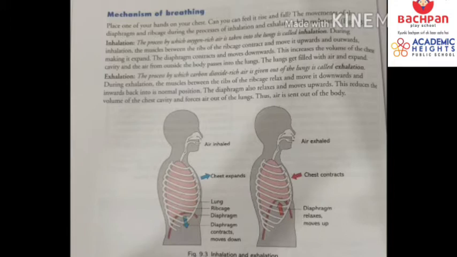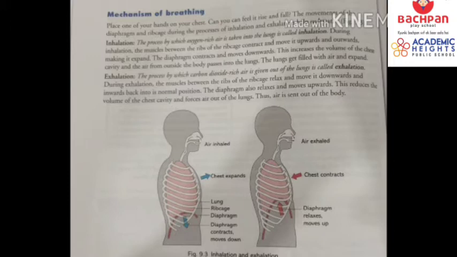As I told you before also, from the nasal cavity air reaches our lungs through our windpipe, and the lungs are present in the chest cavity. This cavity, you can see here, is surrounded by ribs on both the sides and a large muscular sheet which is known as the diaphragm. It forms the floor of the chest. Is it clear? So, the movement of the diaphragm and the rib cage during the process of inhalation and exhalation